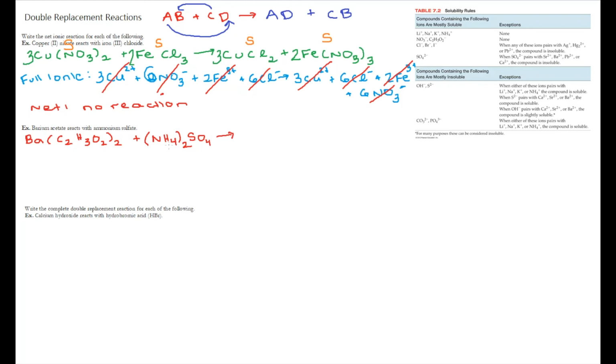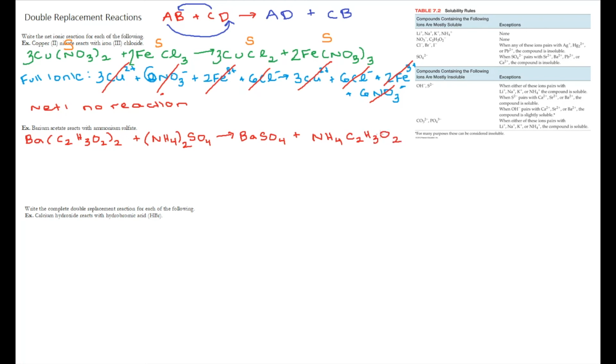That produces, okay, now I have to switch partners. So barium is going to form a partner with SO4 and NH4 with acetate. So barium has a 2+ charge, sulfate has a 2- charge. So it would be Ba2SO4. Remember that they would simplify to just BaSO4. And I've got ammonium, which has a +1 charge, and acetate, which has a 1- charge. So when you cross your charges, they just stay as they are. So NH4 and